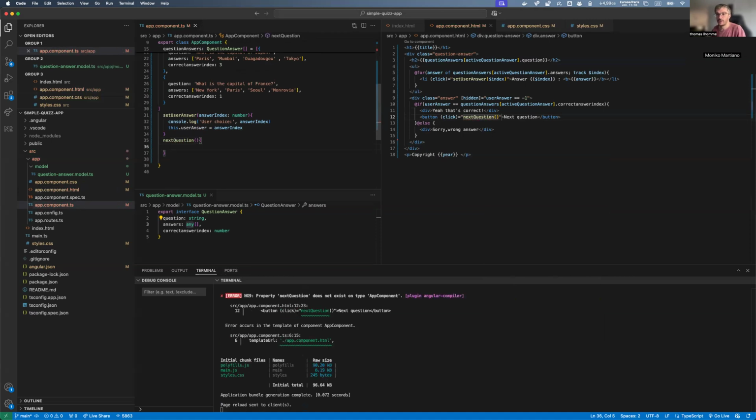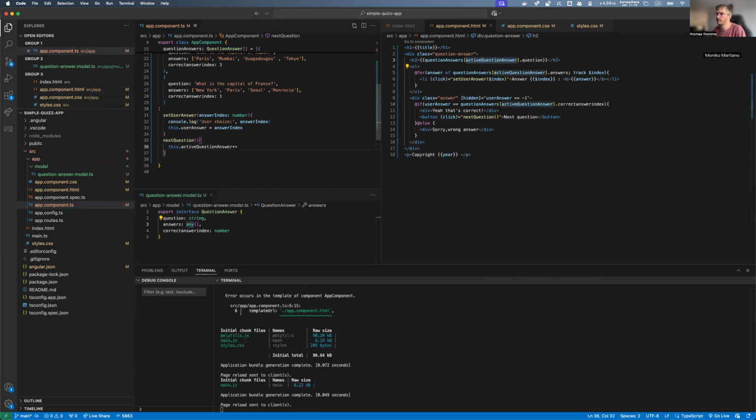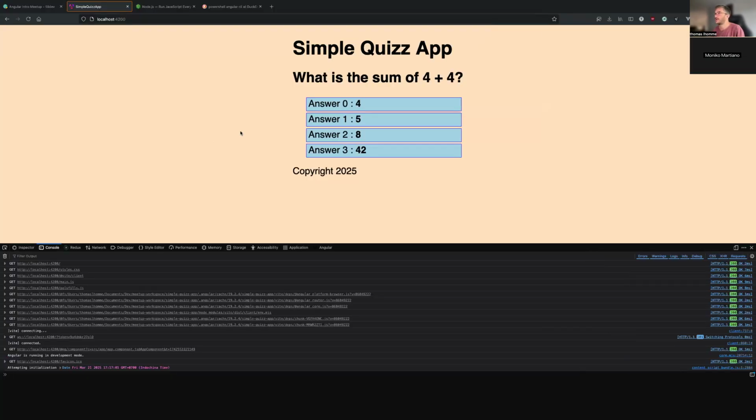Here, what do I want to do? Well, we say that we want to increase the value of this one. So let's try this, just this for now. We'll see that we may have another problem, but very simple to resolve. So I just increment the value of my index. Great, so let's have a look.